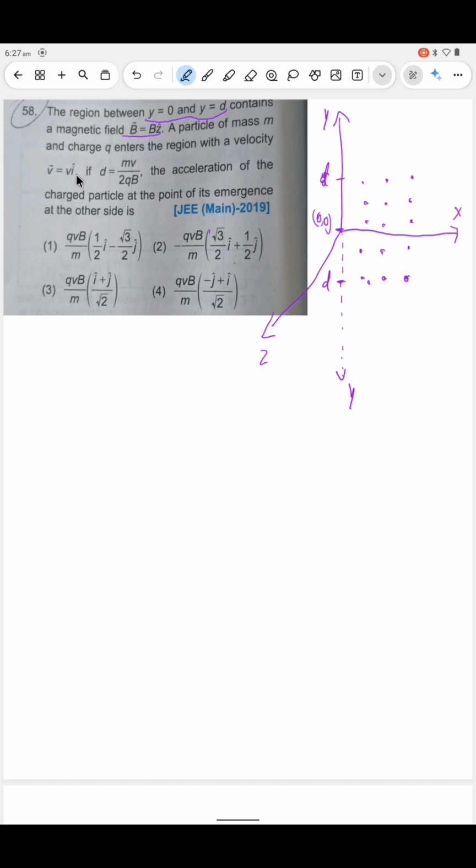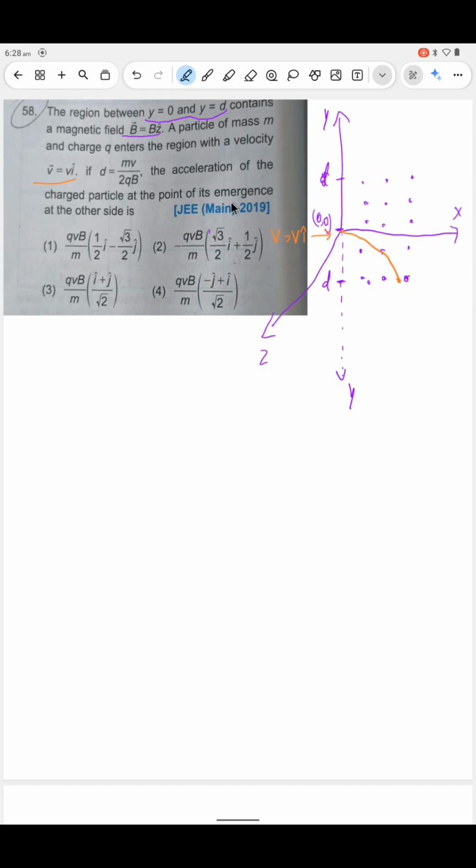Now the charged particle enters with a velocity v equal to v i cap. That means the charged particle enters along the x-axis. So it is only given i cap. Once it enters, apply Fleming's left-hand rule. The velocity is rightward, the magnetic field is outward. If you apply Fleming's left-hand rule, you will get the direction of force as downward. But it won't be able to complete the path because once it reaches here, it will exit from the